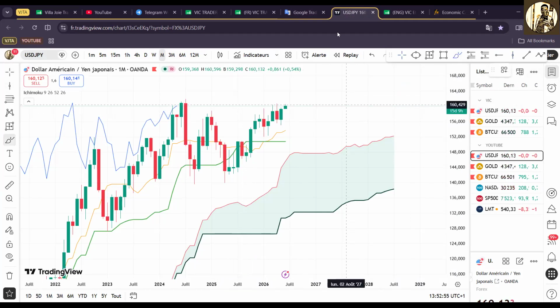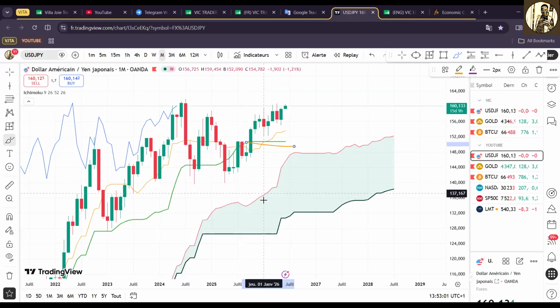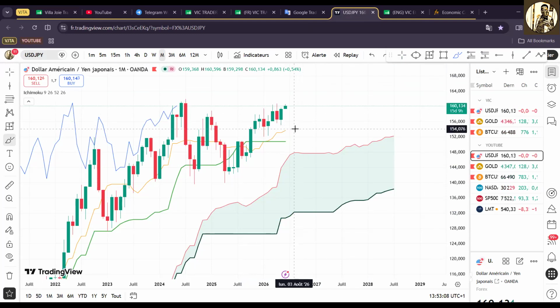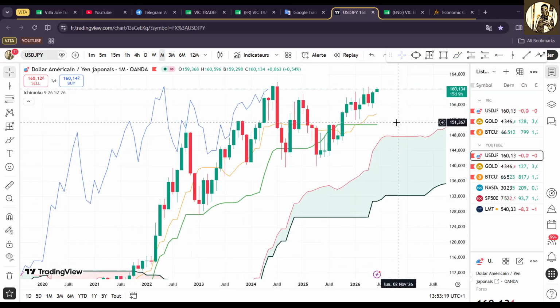Let me be clear. For this bending uptrend and downtrend, we use only Tenkan, because Kijun, SSA, and SSB are not reliable for the exercise of computing for how many days a trade stays to the upside. Tenkan only fits with the number of days that we want to compute.